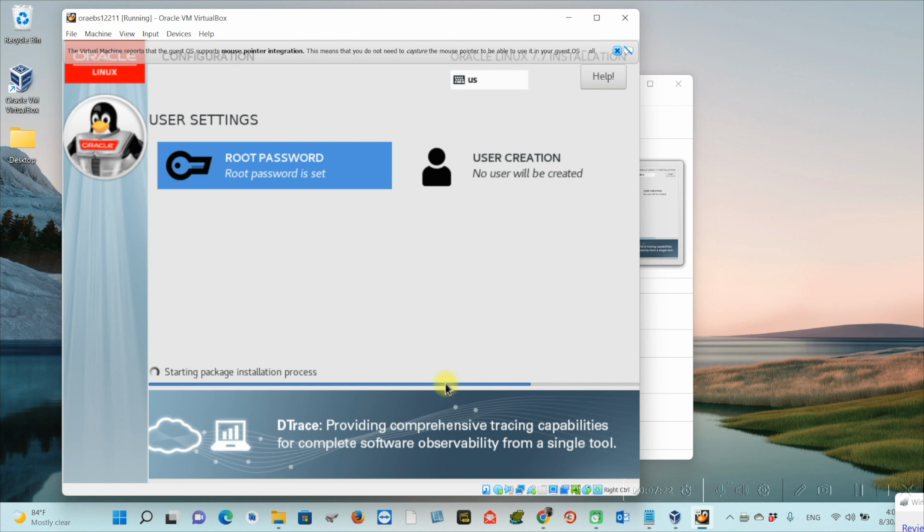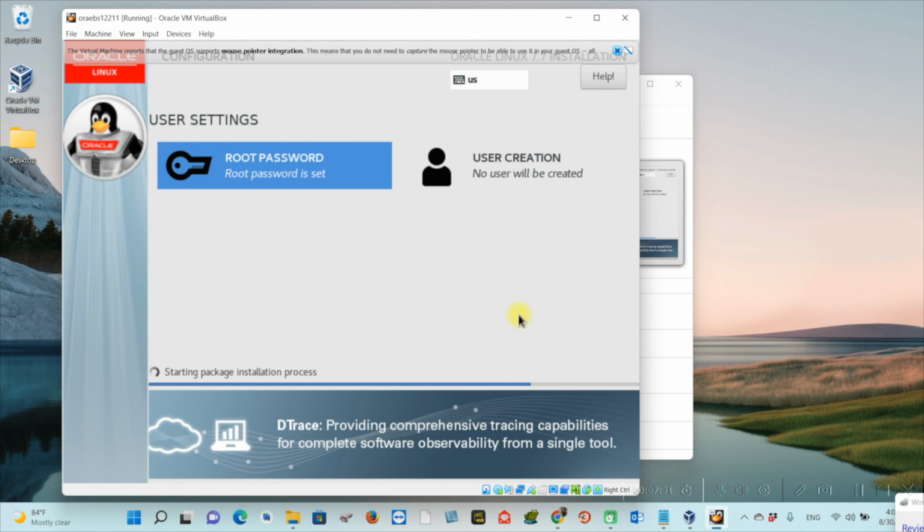Now it's starting my Linux. So I have to wait until this finishes. This can take up to 30 minutes, 40 minutes, or 1 hour. Okay,